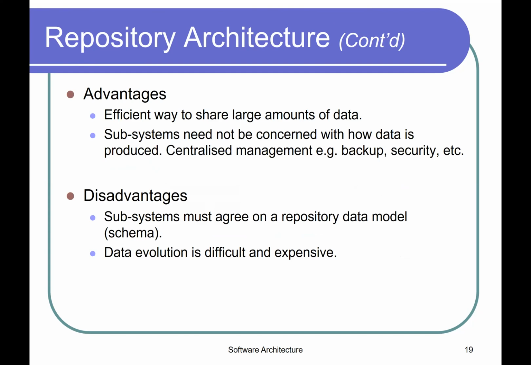Now, one of its disadvantages is that those subsystems have to agree on a schema. In a sense, a schema is a format of data, okay? It has a lot of meanings, but just to simplify it, okay? So, for example, I want to store age. I like to store it as a float, all right? And the app here likes to store it as a double.